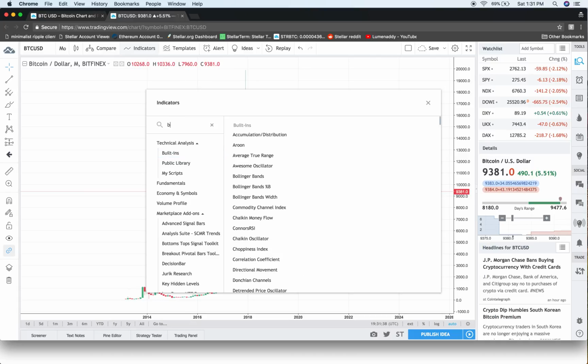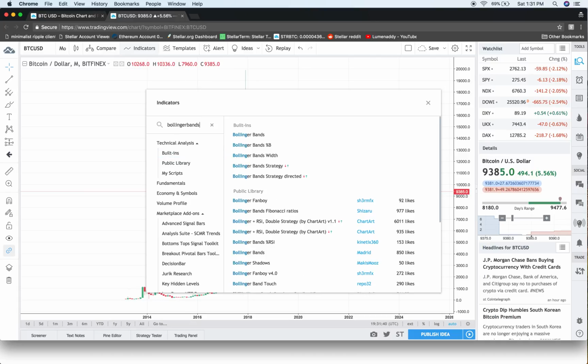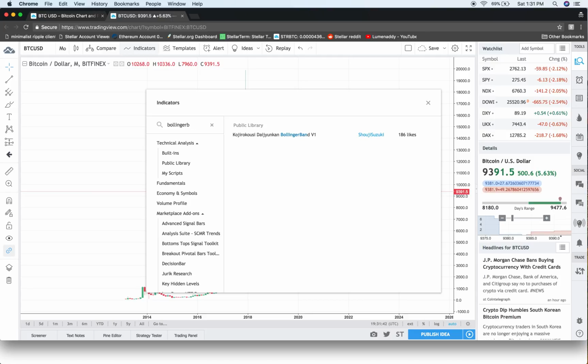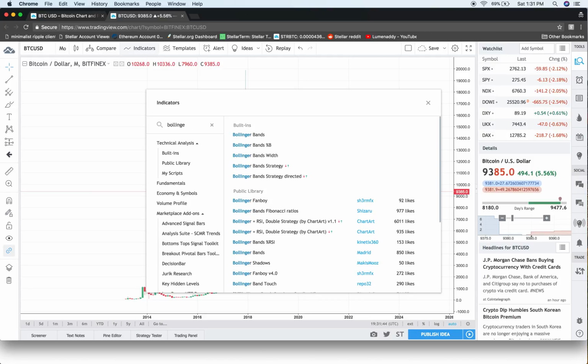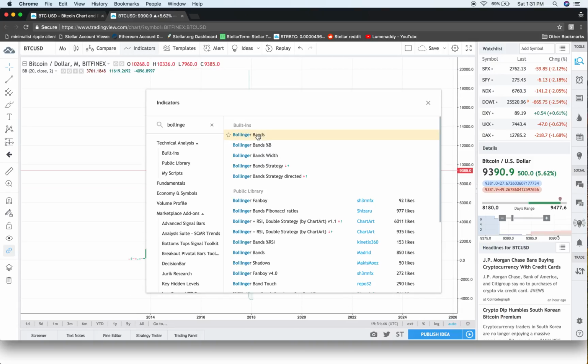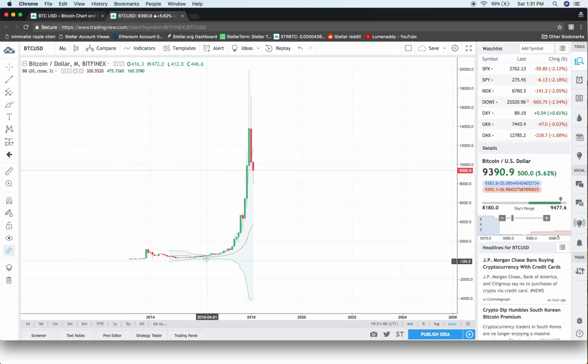So I'm going to quickly try to go over the ones that I like to use the most. Bollinger Bands, definitely. That's one I like to have on my chart. And why I use Bollinger Bands is because they tell me whenever I'm in an oversold or overbought position in relation to where the candlestick patterns are to the high range trend line and the low range trend line